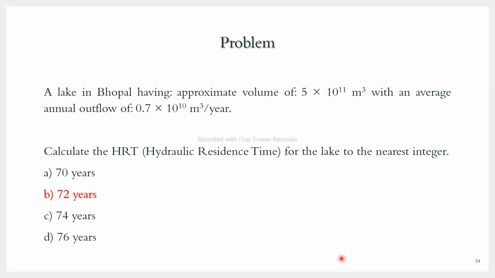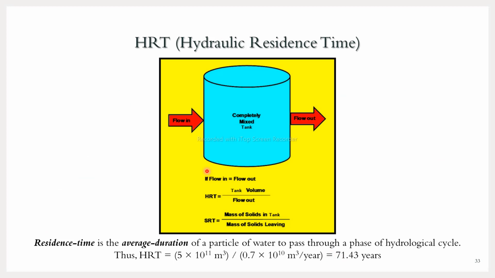So hydraulic residence time is a pretty simple concept, but when the tank becomes a reactor or small water body, when the water is not in steady state, many things may occur. As I am from a chemical engineering background, unsteady state situations also come into the picture. So in case of HRT, another concept comes into the picture, that is called residence time distribution, RTD. Just for your knowledge, it is not required in the water course.